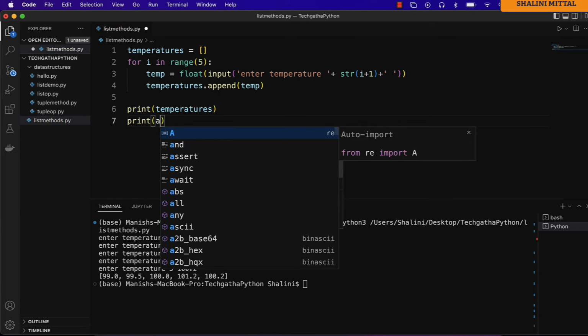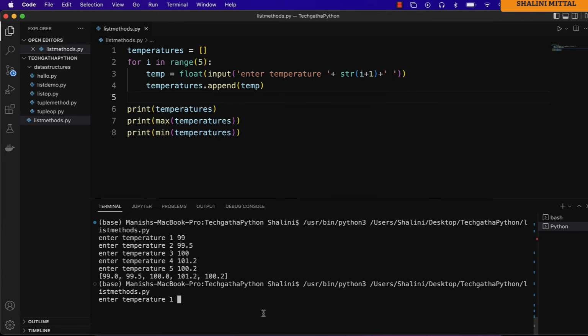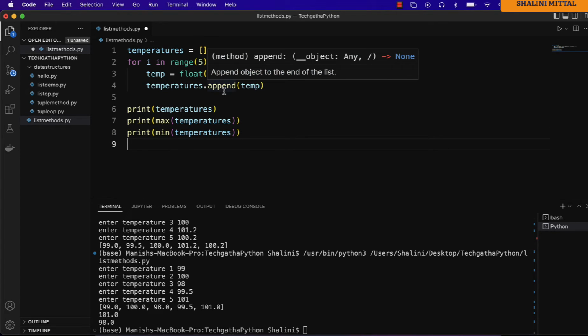I can say print, I want to get the max of temperatures. I may want to get the min of the temperatures. So if I run, you can see max is 101 and min is 98.0. So append is one of the functions which you can use to add items in a list. Next,